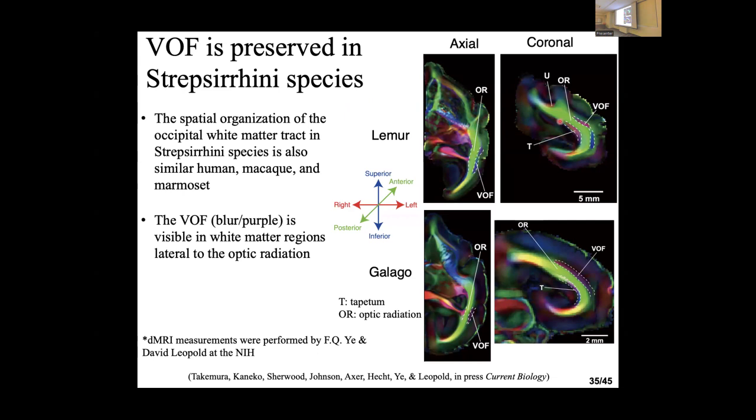But again, it looks largely similar, because we can see the geniculocortical pathway in green here. The most medial side is the tapetum, forming maybe callosal fiber here. Then on the most lateral side, we can see blue to purple voxels surrounding the optic radiation, which looks similar in the galago, which is very far from human but still within primates. We can see a group of blue to purple voxels traveling in the superior to inferior direction in the lateral side of the white matter in the occipital cortex.